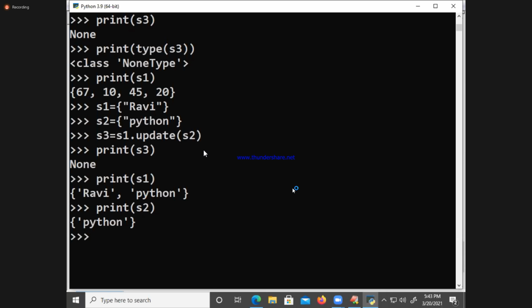Symmetric_difference_update: the source set is updated with the unique elements of S1 and unique elements of S2, by removing the common ones. Which set is updating? S1, the source set. Is it returning? If you take a return type variable, what is its type? None type. Are you understanding? What is update? Set object 1 dot update of set object 2. Set object 1 is updated with the values of set object 2 without returning anything. Clear? Shall I move? Yes.